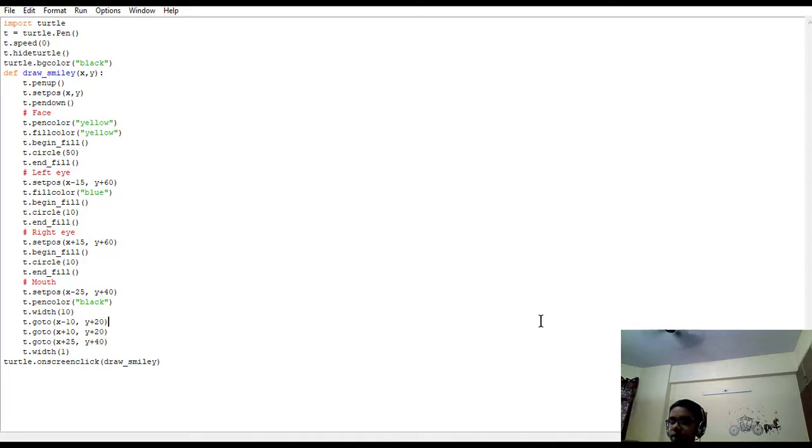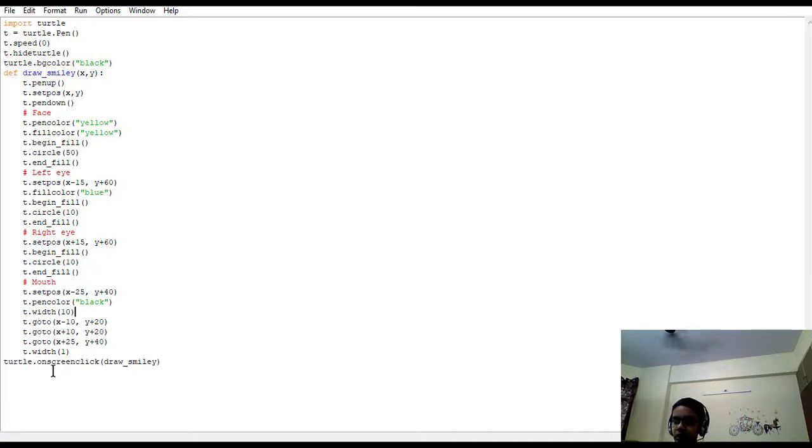Then we will go to x plus 25, so more to the right, and plus 40, more height. So if we started here, we went here in the second line, then about here in the third, and here in the fourth. Then we will set the t.width to 1 again. If we draw it in a loop, it would not look bad, like the lines would not be thick. Then to make it interactive, we need to just add one simple line of code.